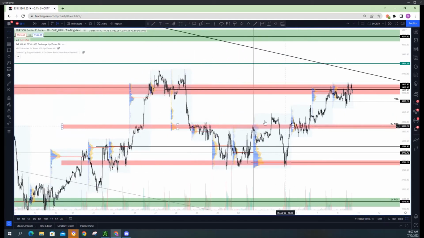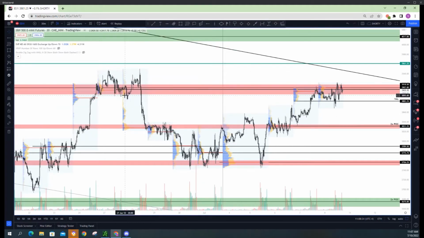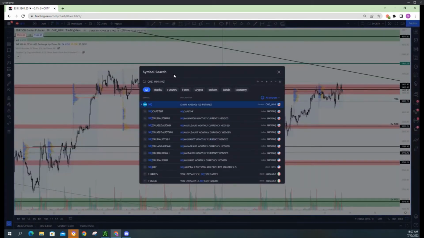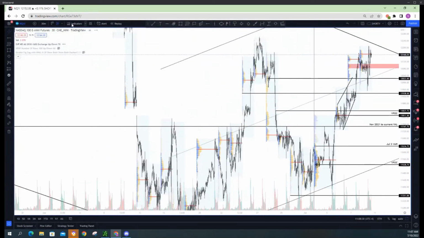Any questions on ES, just looking at it, charting from BP? All you do is literally switch tickers here, and it's just going to repeat the whole same volume profile for you